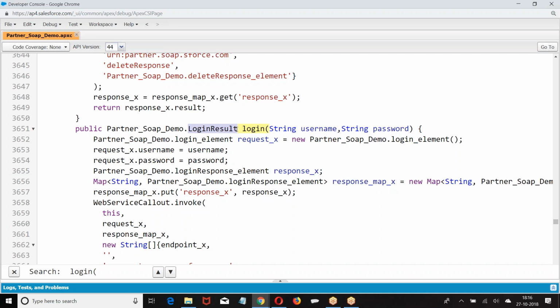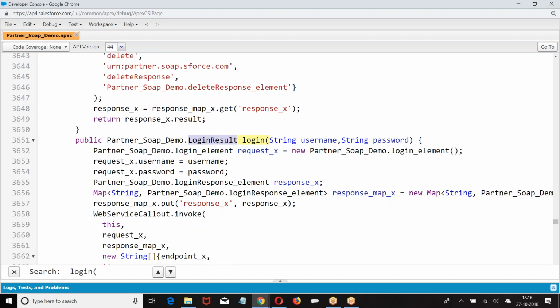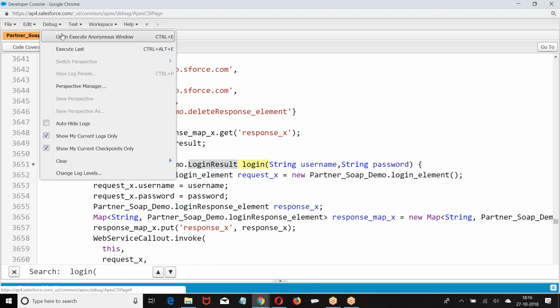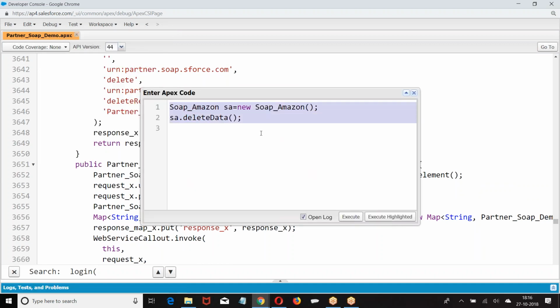As per this logic, if you give a username and password and make a request, they give a session ID. This session ID I have to put in a header element, then request a service. I am passing the username and password, and they are going to give you the session ID. So let me give you the execution of this program. Very simplified example.